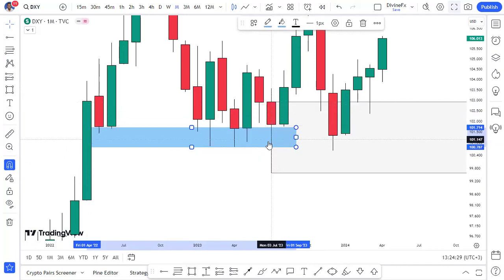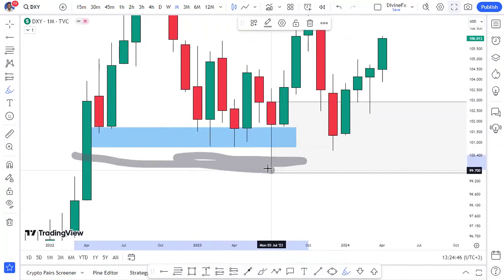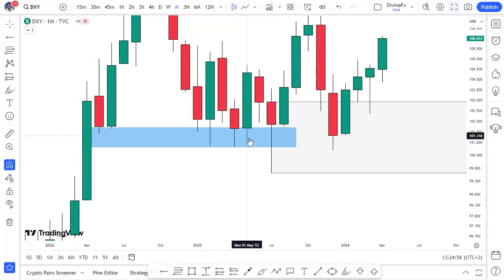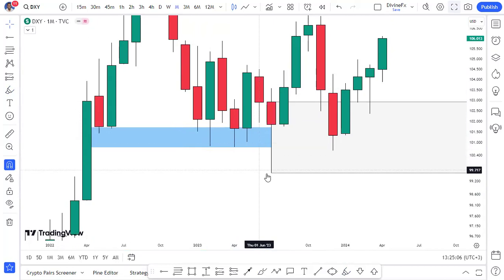So this shows that at this point we have a lot of buyers. Below this area there are so many buyers at this level, which tells us that any area where we have plenty of buyers is called a demand zone. Due to the fact that price was rejected at this area and created this nice pin bar, which is a bullish confirmation candle,